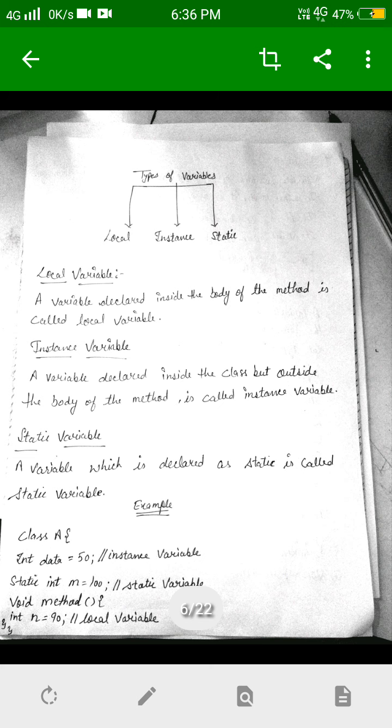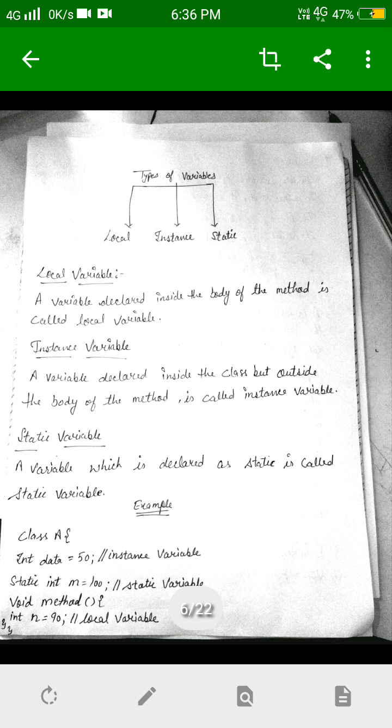So now, local variable: a variable declared inside the body of a method is called a local variable. Instance variable: a variable declared inside the class but outside the body of a method is called an instance variable. What does it mean? The instance variable and the static variable, these two you have to declare before the method name, inside the class, but the local variable we use inside the method.